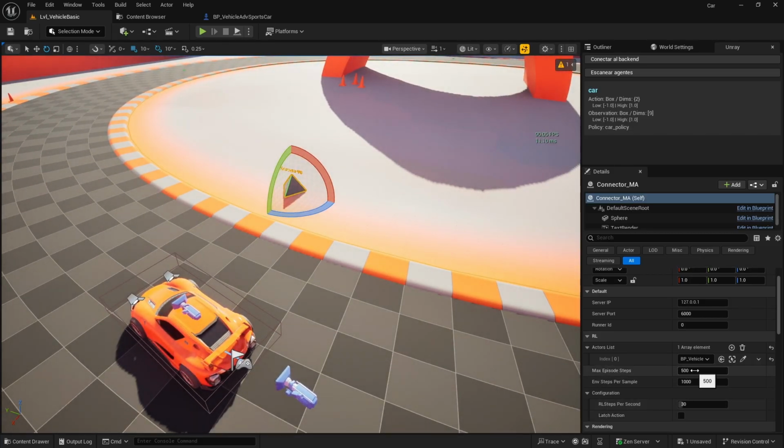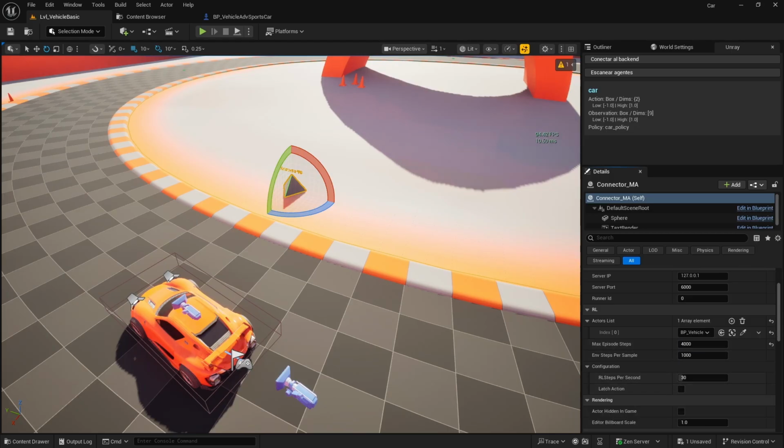We're going to set up the max episode steps at maybe 4000, steps per sample at 1000, and we are going to latch the action. Latch action is meant to keep the button press, because as I mentioned, the action is going to be made about 3 times per second, and if you don't latch the actions, if your car or your agent depends on continuous actions,